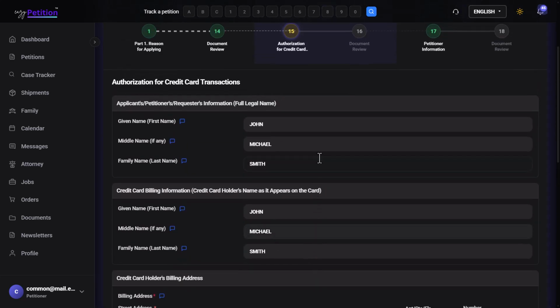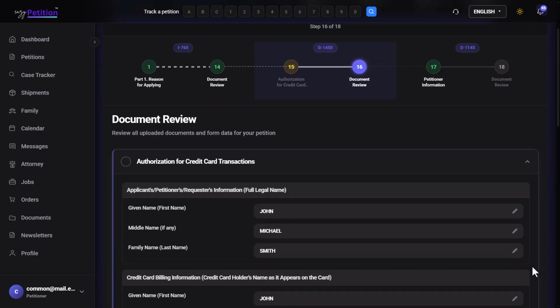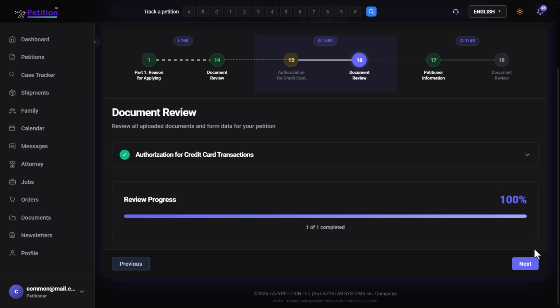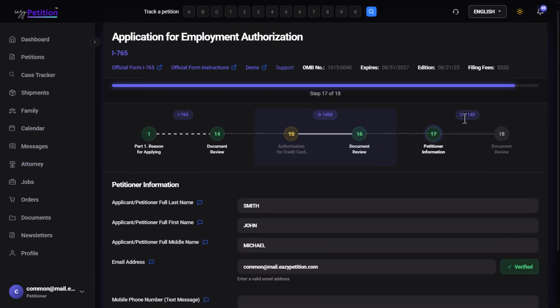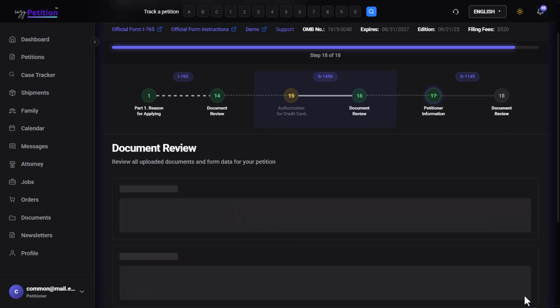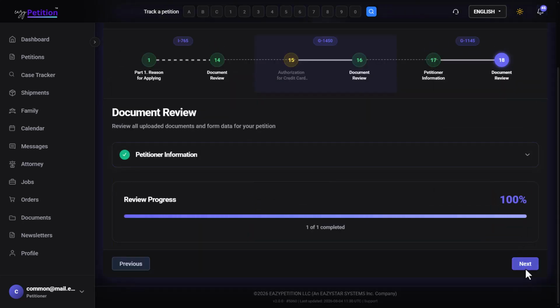This is the advantage of using eazyPetition, that you don't need to enter your repeated details again and again. Just enter your credit card information and then proceed to next. Review all these details here and then mark as done. Then click on next, and similarly all my details for G1145 are already here. Click on next, review these details, click on mark as done, and then click on next, and it will ask you